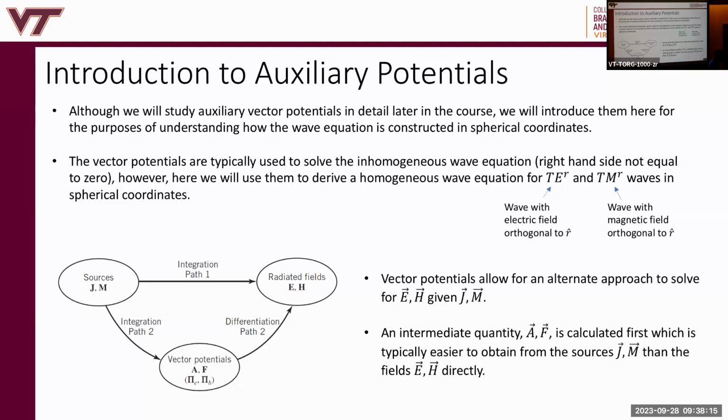It's kind of like gravitational potential energy and the gravitational force field, right? There's a force field of gravity, and at each point within that force field, you can define a potential, gravitational potential energy, which is related to the height above the center of the earth and so forth. So with every force field, there is a potential associated with it, right? So here we're going to define potentials in terms of their vector potentials. So they have direction. They are the electric vector potential, the magnetic vector potential.